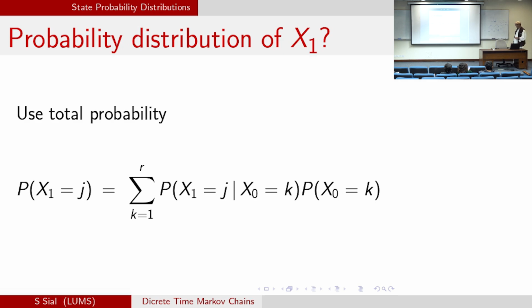Would we add the individual probability? Yes, we have to add the individual probabilities depending upon where we were previously. So that's total probability. The question you just asked, was it: what is the probability that x1 equals...? Or x0 equals...? No, I'm saying